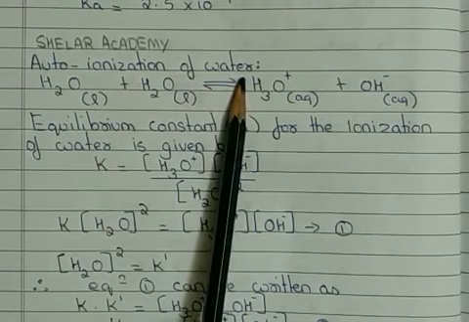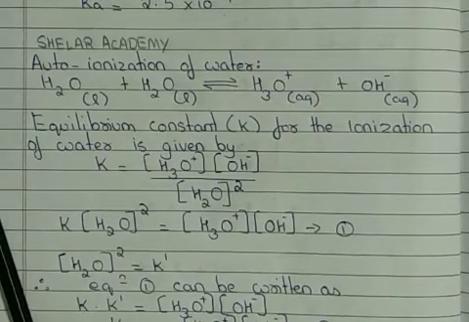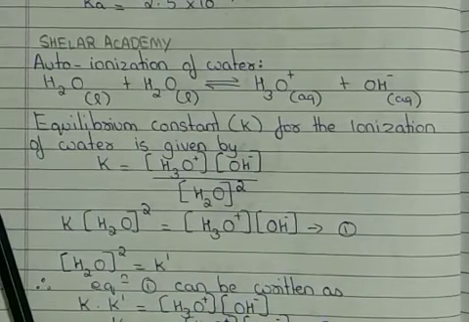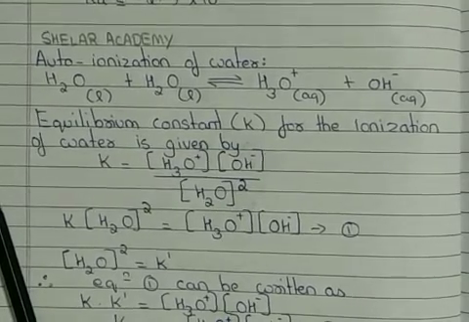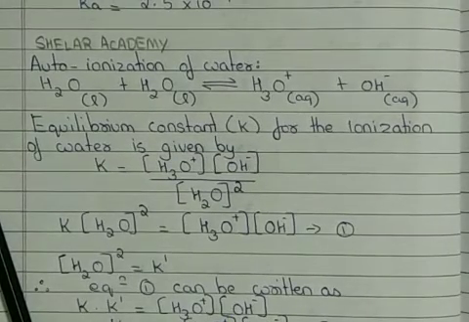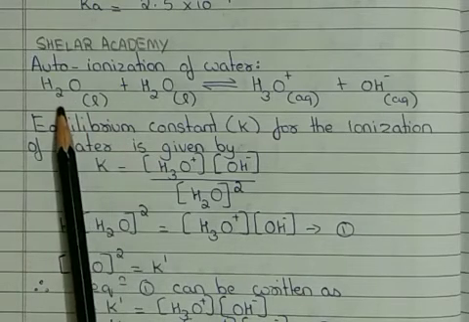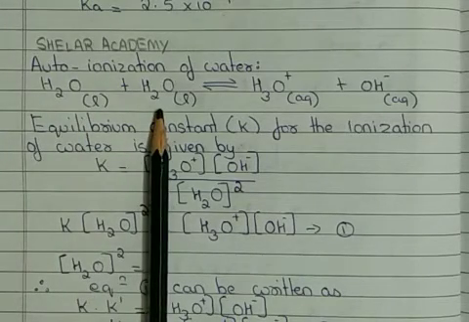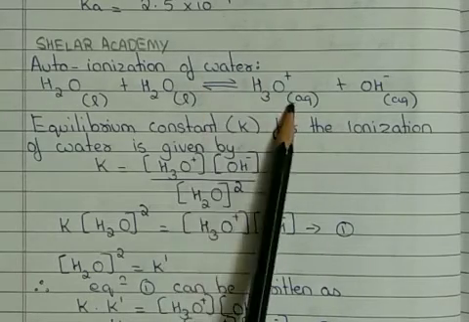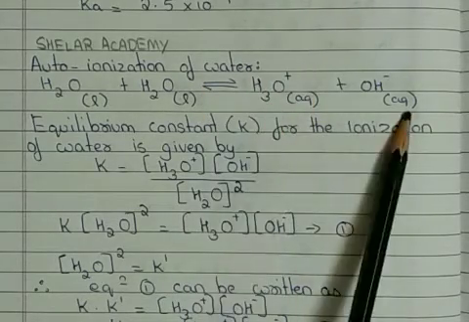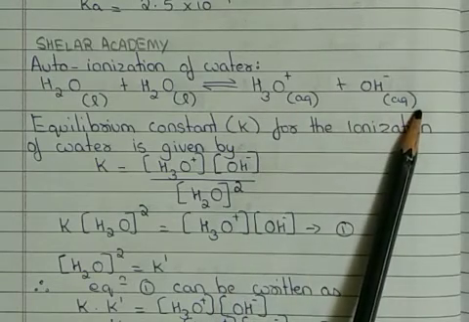Now, why are we precisely taking water? Because pure water, as we know, is a bad conductor of electricity because it ionizes to a very small extent. Okay, so the ionization equilibrium of water is represented as H2O(l) + H2O(l), which will dissociate in an equilibrium stage to give hydronium ion plus hydroxide ion, that is H3O+ + OH-.